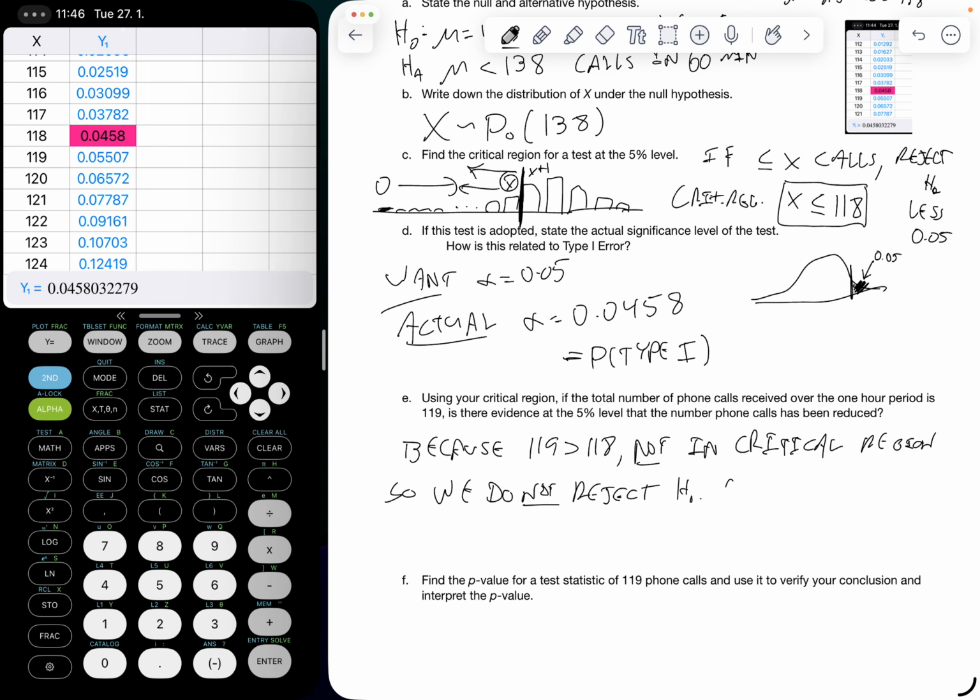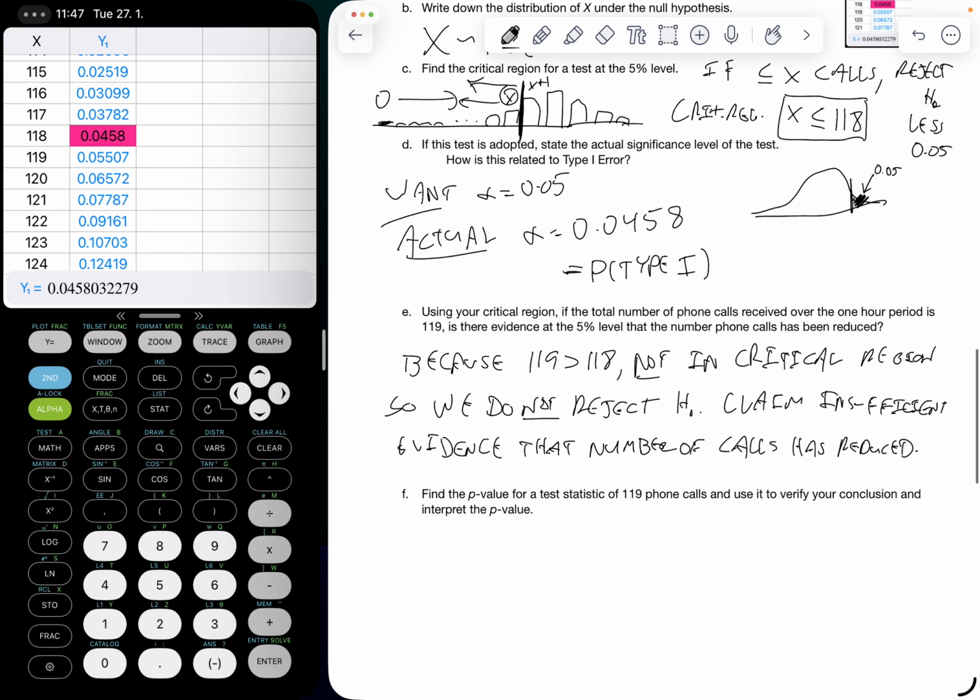So we claim insufficient evidence that the number of calls has reduced. And it's a heartbreaker. I'm just imagining someone doing this test. They're like, oh, we're at 116, we're at 117, we're at 118. It's been like 58 minutes. And then they're like, ooh, we're going to reject it. And then the 119th call comes in, and they're just like, oh, man,